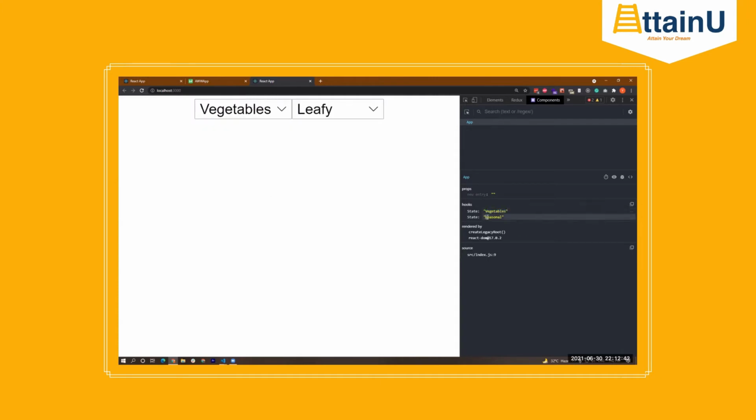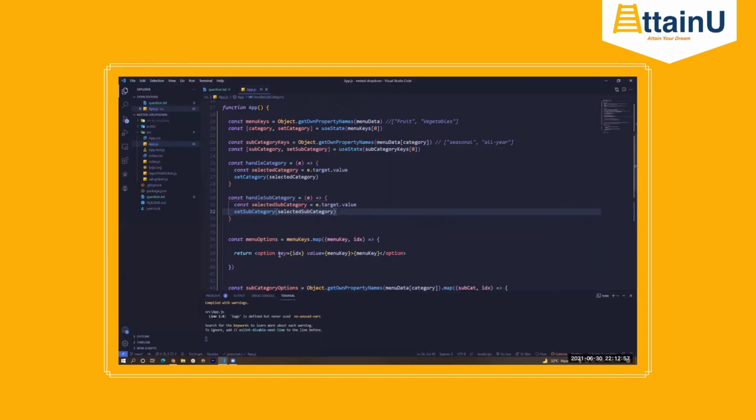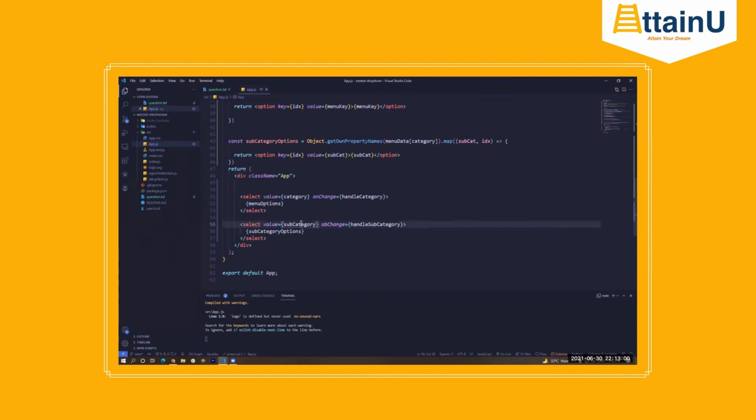But notice again, this seasonal is not changed, right? Because we have only attached the handler in the second level or this particular drop down. So if we change this, then the value here, okay, we have not used the value, my bad.